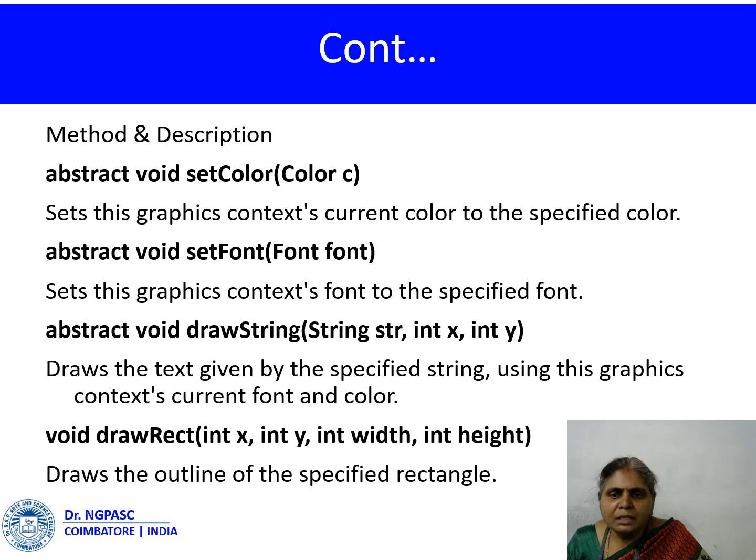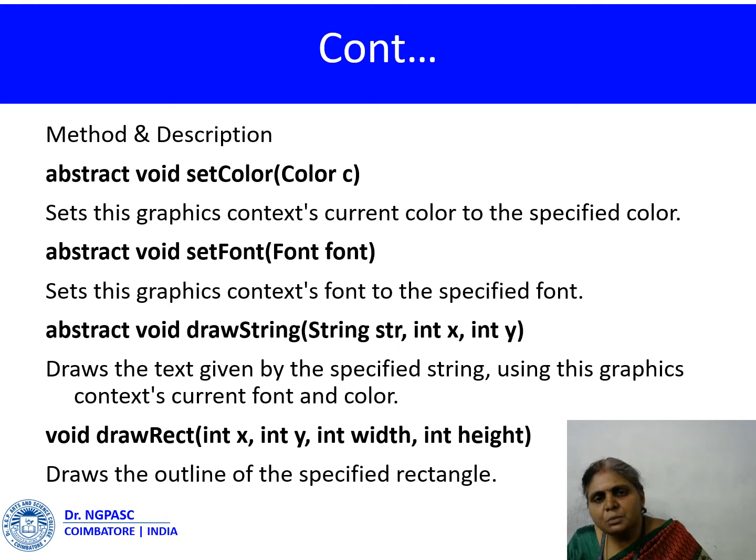The Graphics class consists of a lot of methods. Using those methods we are going to achieve the purpose of the Graphics class. Let's see the methods one by one. The first method is the setColor method, which takes one parameter. The parameter is an object of the Color class. If you are not using the setColor method, then the default color will be considered for filling the colors. If you want to specify a specific color for your drawings, then we have to make use of this method with the color object as a parameter.